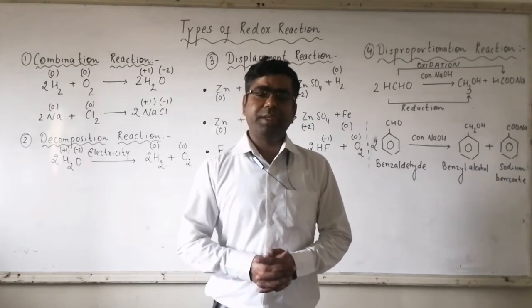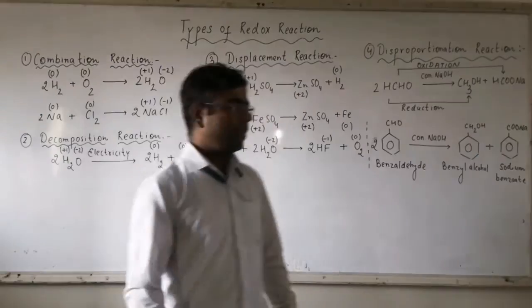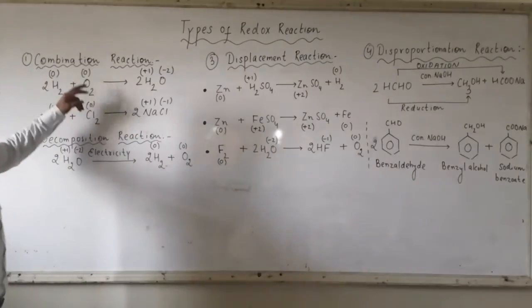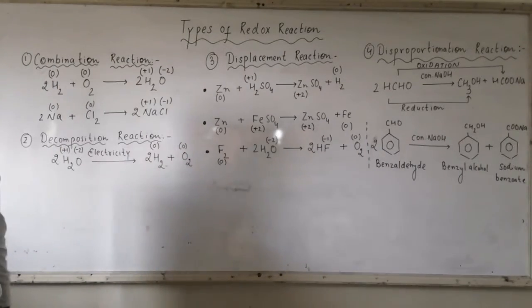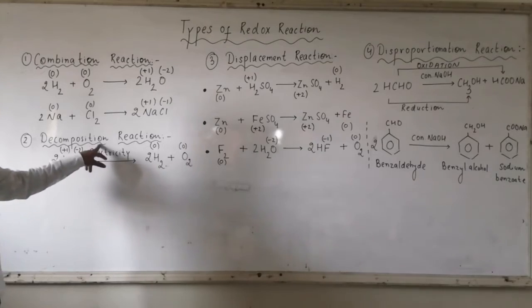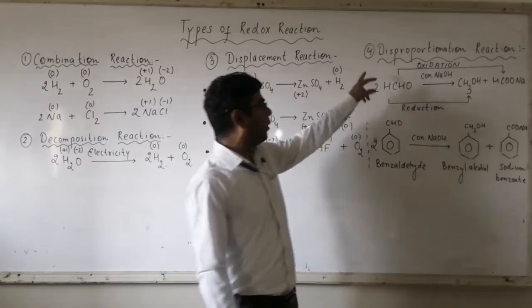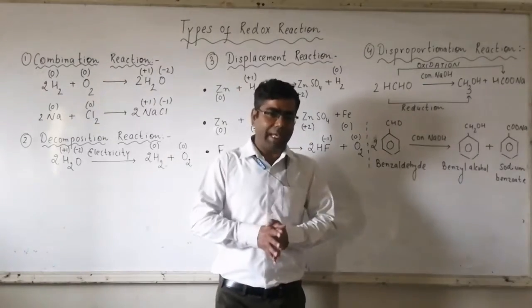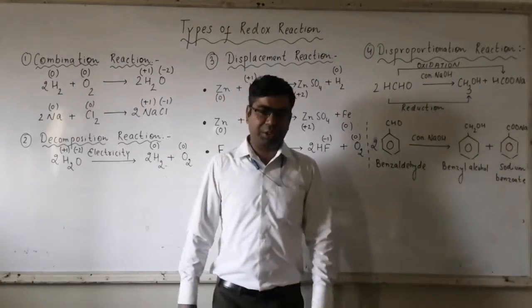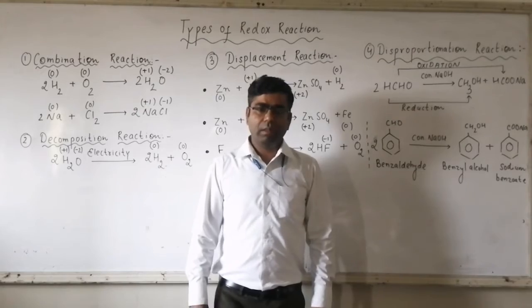Remember, redox reactions are of four types. Number first is combination reaction. Number second is decomposition reaction. Number three is displacement reaction. And number four, the most important type, is disproportionation reaction. Now,